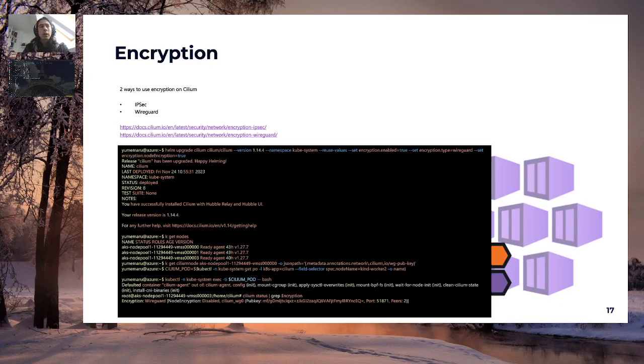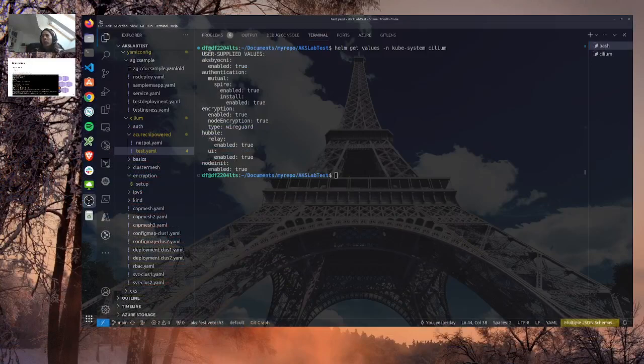I also have Hubble. So I won't get deeper into that because it will require an additional 55 minutes, which I don't have. I want to stop here, but you've seen that we can do a lot of things with encryption and with CNI from a network and security perspective. I'm not showing you the right screen since the beginning earlier, so just take a look at that. When I was saying get the Helm value, this is it, and we can see that I've configured everything. Let's go back to the slide